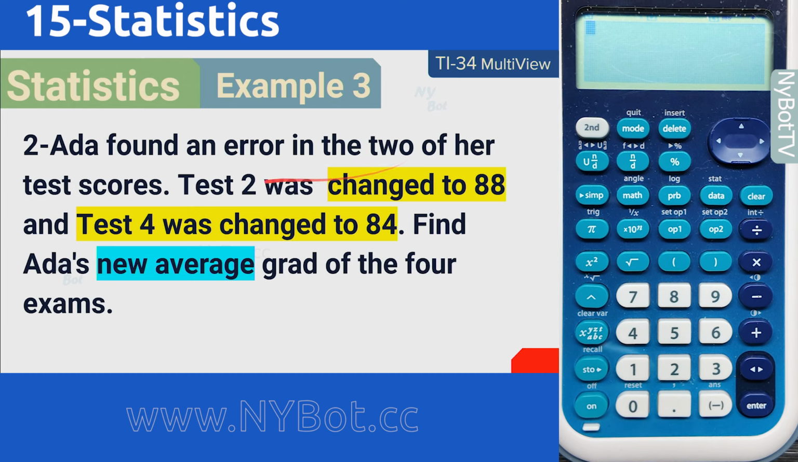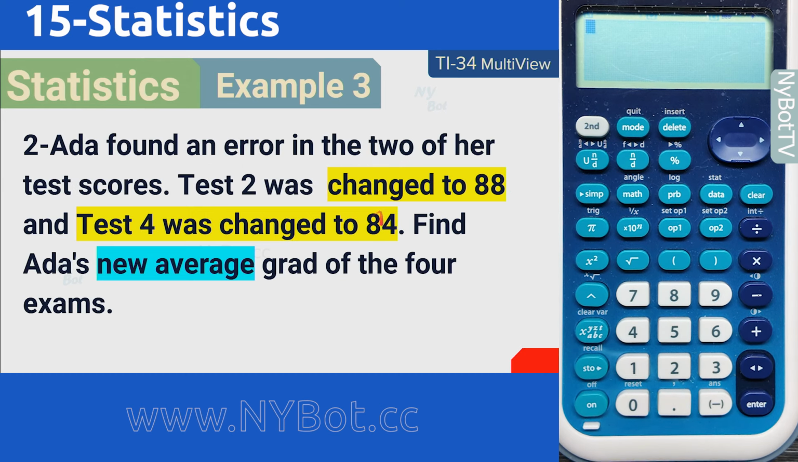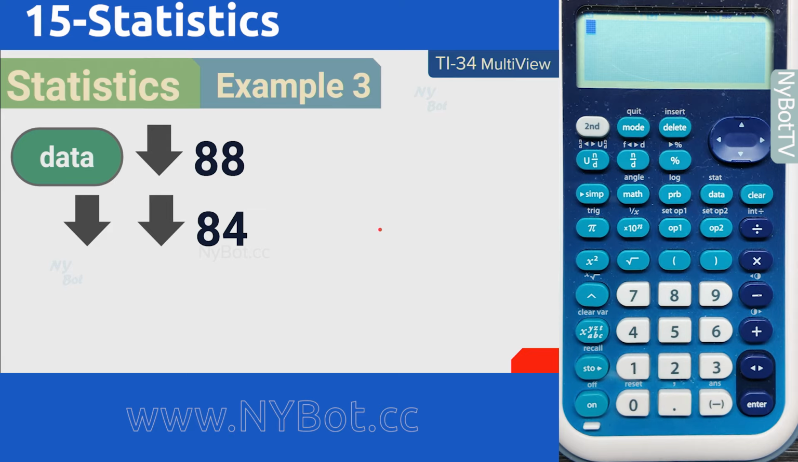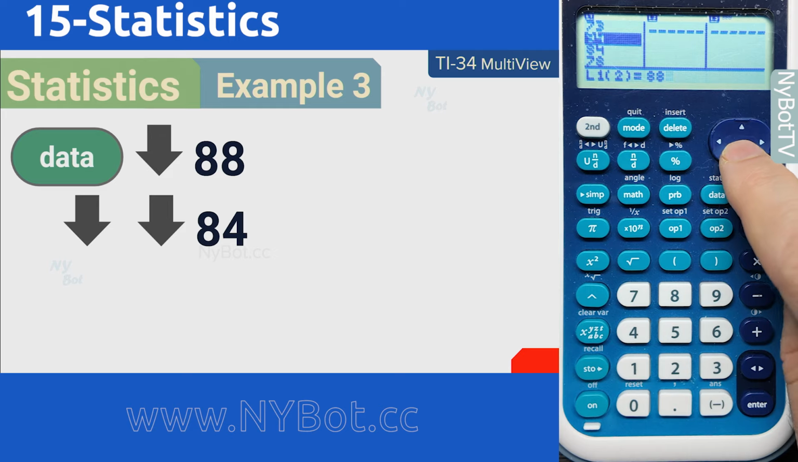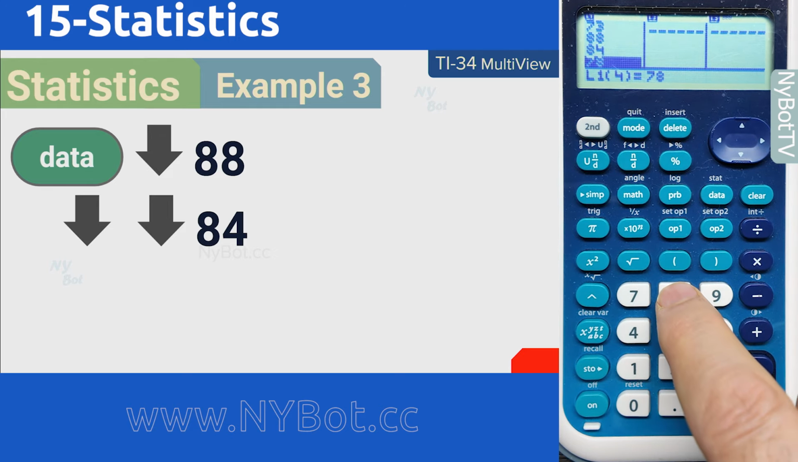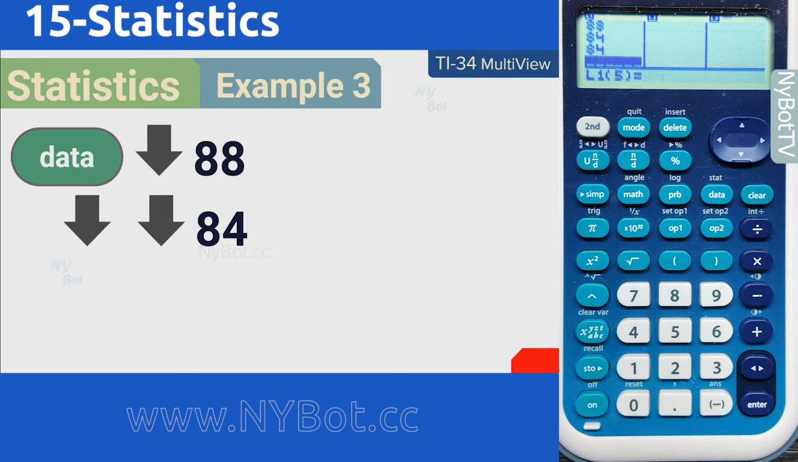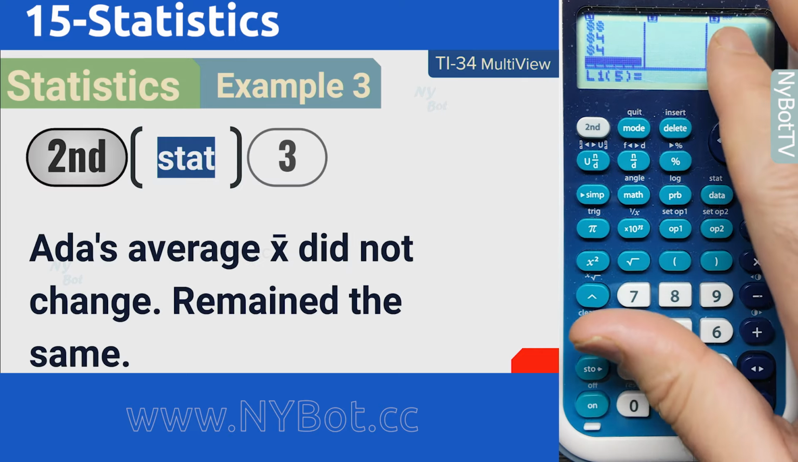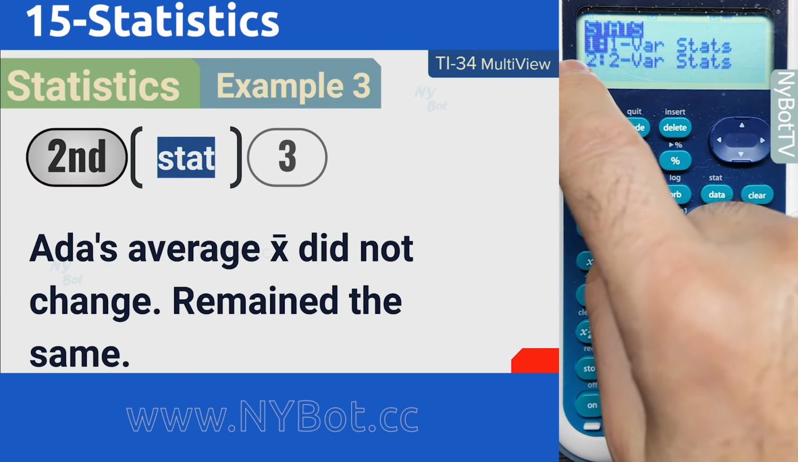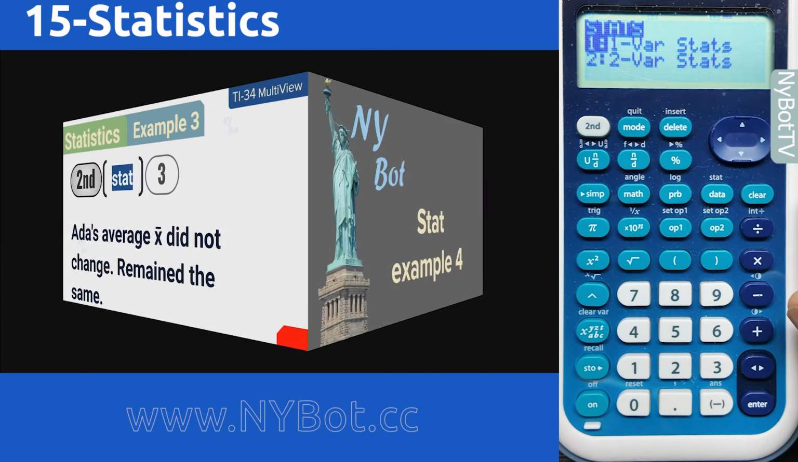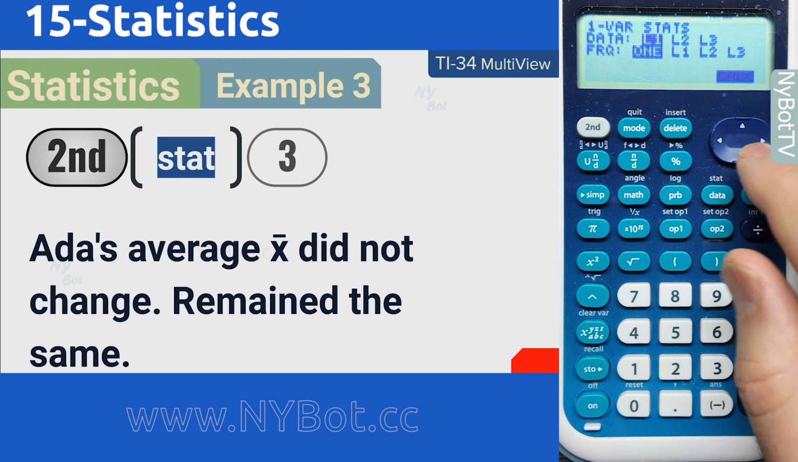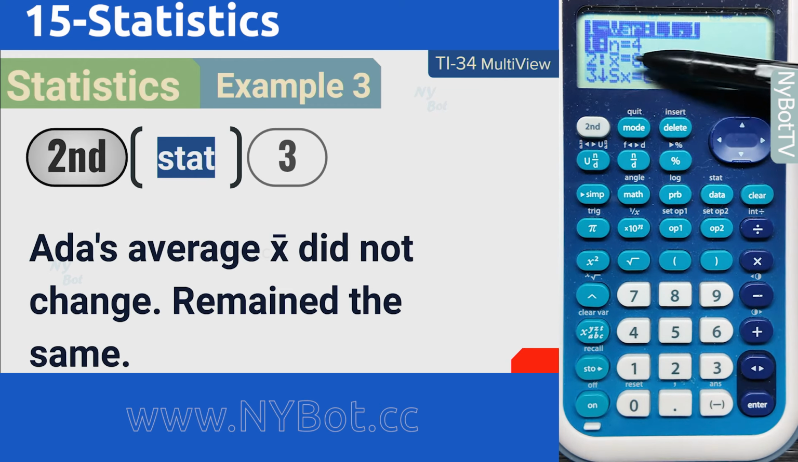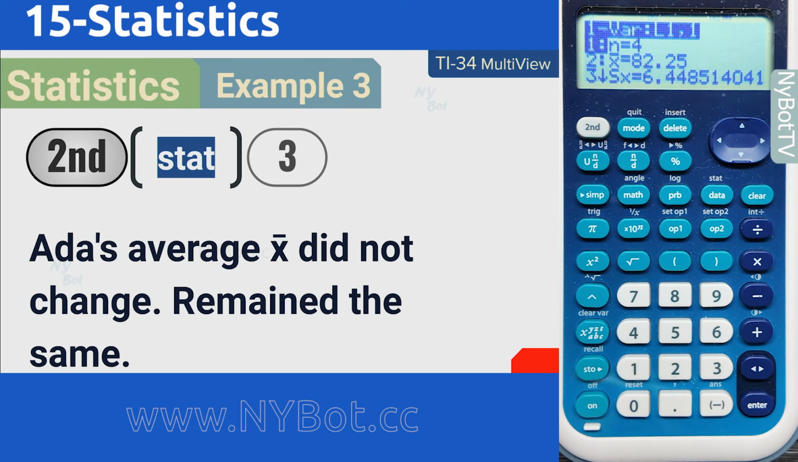Now the second part was saying that test 2 should be 88 and 4 should be 84. Now to do that, press data, the first one, the second one 88, and then down the fourth one 84. 84, and just go down, you will exit. Now let's check it, second function stat, and we have not done the calculation. One variable, come down, do the calculation, and it is the same